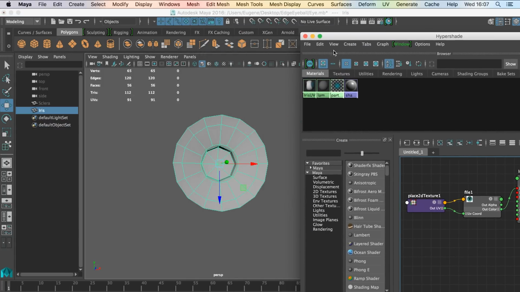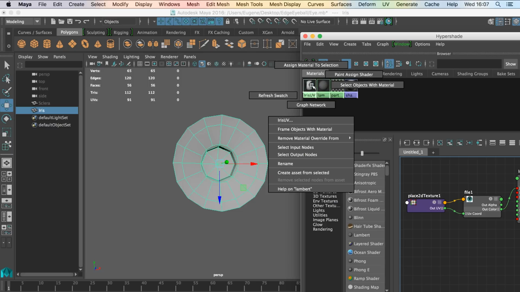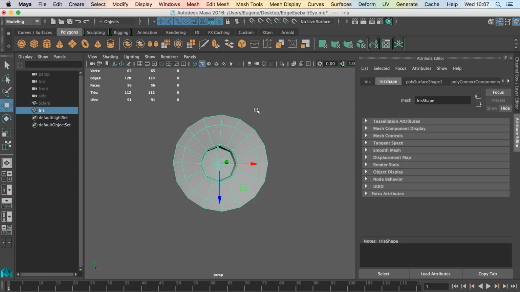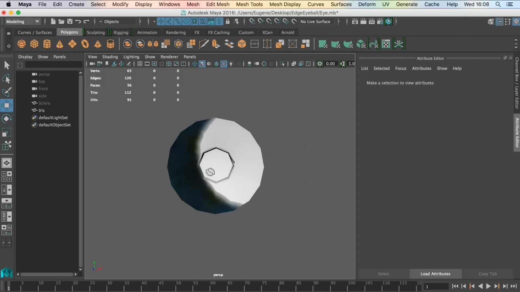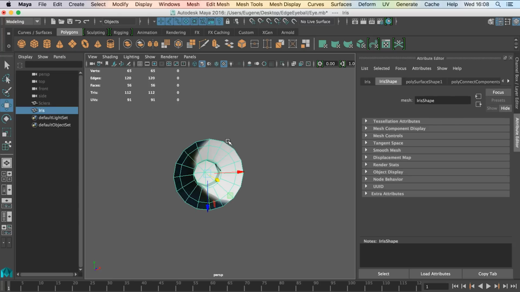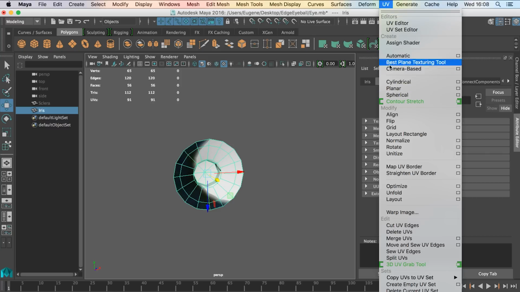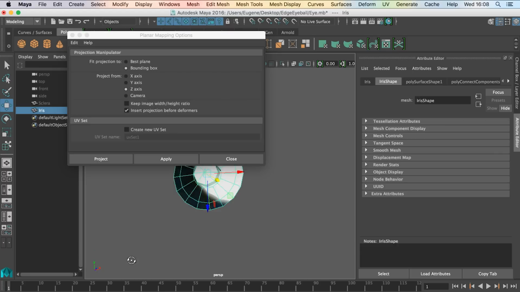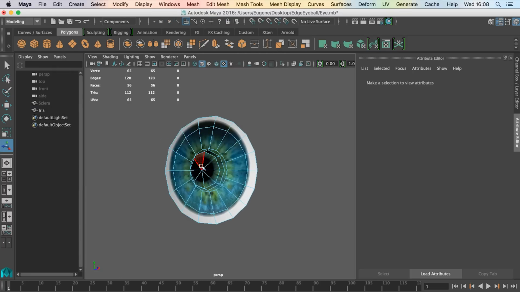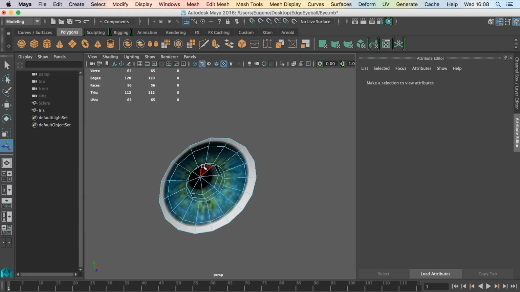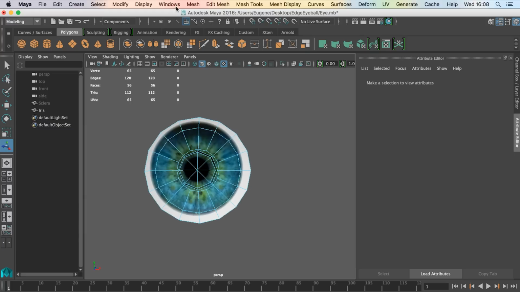Now let's select our iris here, right click and hold the material, and then select assign material to selection. Nothing has changed, but this is because we don't have texture view enabled. Now if you press this, you can see it has a texture, but it's all messed up. This is because we do not have the UVs mapped to the texture properly. So what we want to do is go to UV, planar, click this box again, make sure it's the Z axis here, click apply, and as you can see, it now has projected it from this axis, and it looks a lot better,